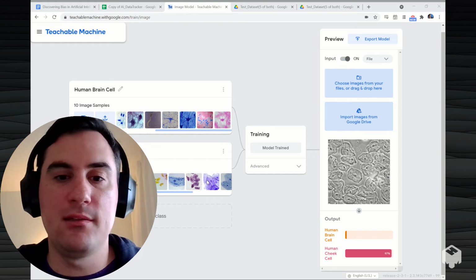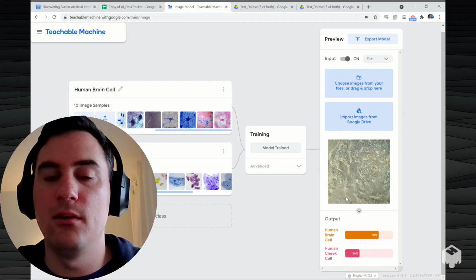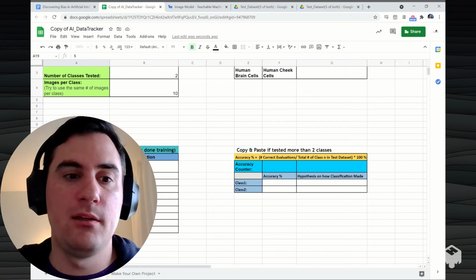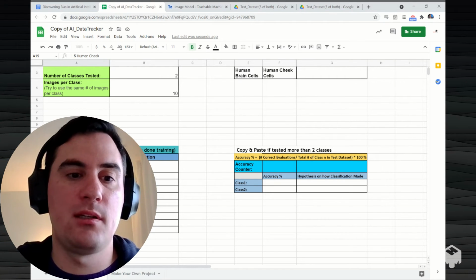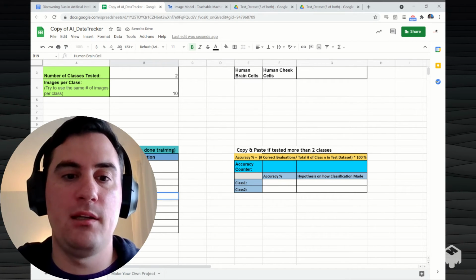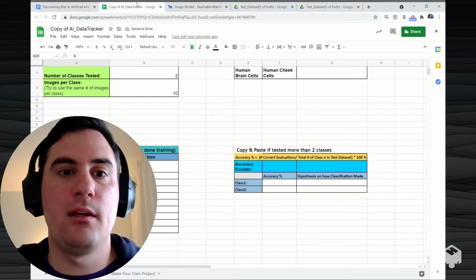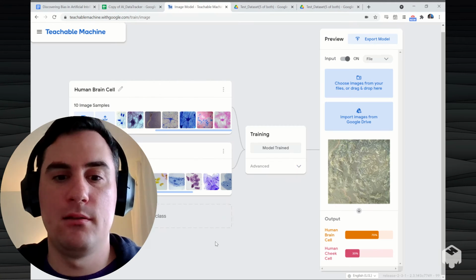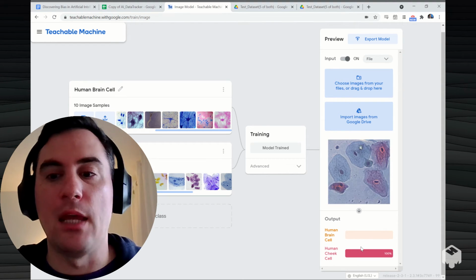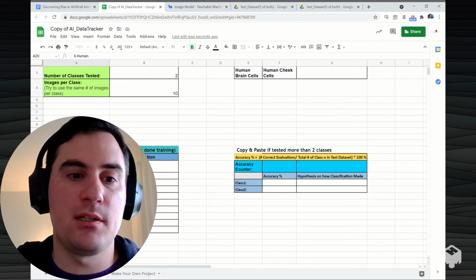So we just completed these. Let's try another cheek cell. Oh, so you can see here on this cheek cell, we also have a little bit of bias. So this is not interpreting this the correct way. So let's log that. So human cheek cell. However, this is being shown as a human brain cell. Okay. So let's go ahead and try another one. All right, let's do another cheek. And this one's a bit more accurate. So I'm actually going to log this one here, and then we're going to take a step back so we